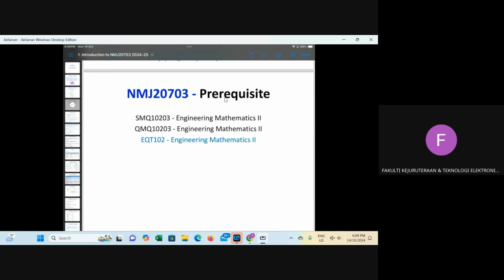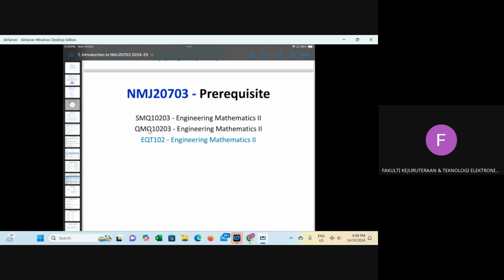For this subject you need a prerequisite, Engineering Mathematics 2. That means you have done your Engineering Mathematics 1 and 2. This is the old code, EQT 102. There are student repeaters who had this maths course before, so they are going to use it as a prerequisite.